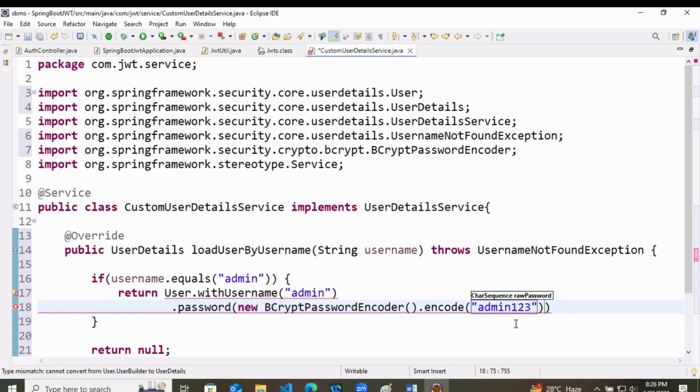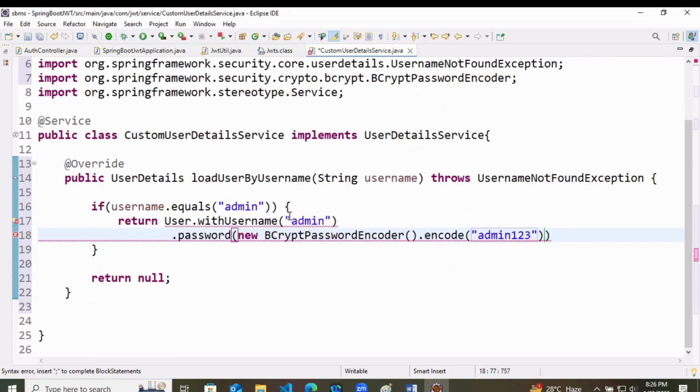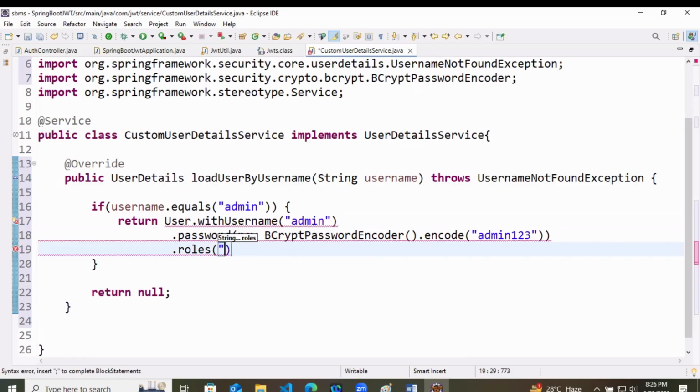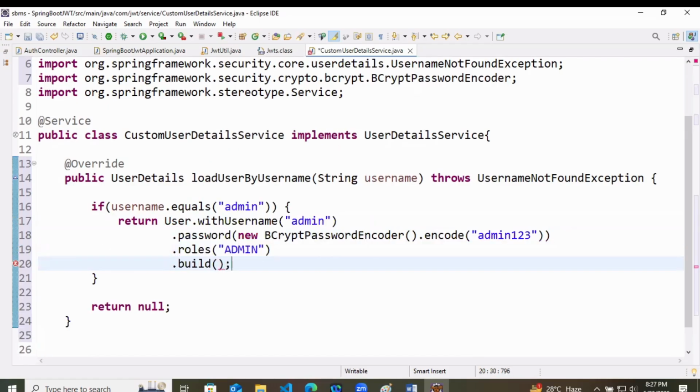This is our password that we are going to secure. It means that we are going to log in with this admin, and this password, admin123, .roles. What are the roles of this person? This person is the admin. We did it last time, right? .build. So here we are returning this particular user.